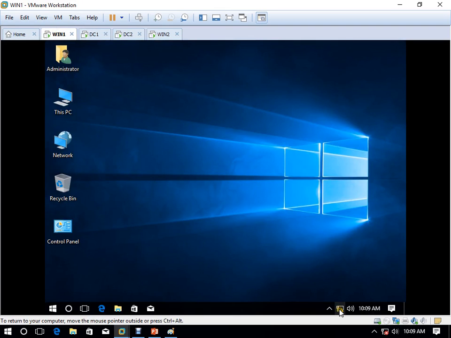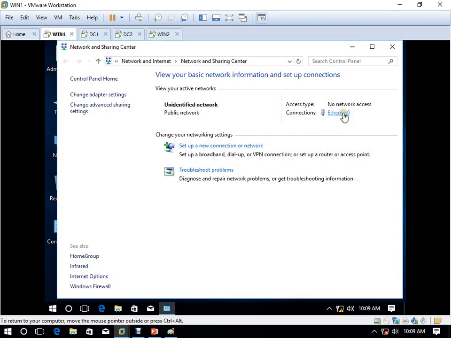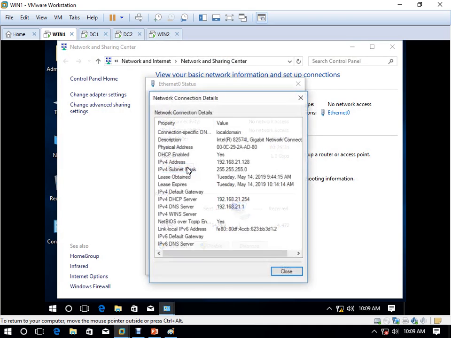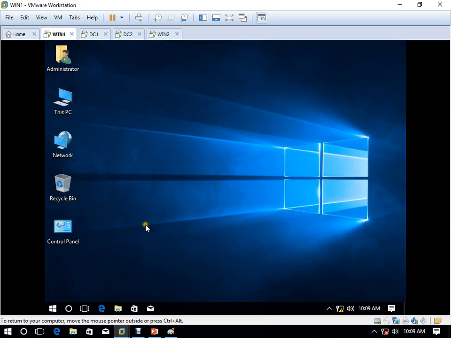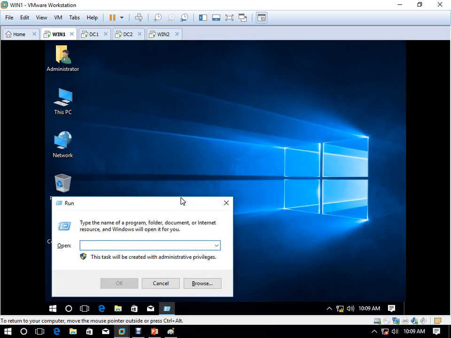Okay, let's come to Windows 1. Windows 1 is getting its IP address from the default of your VMware, but no problem. Open the CMD.